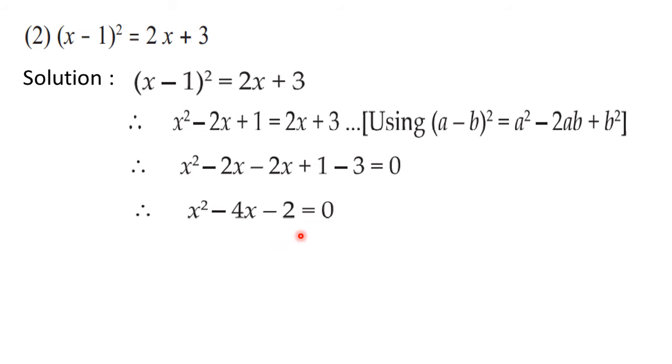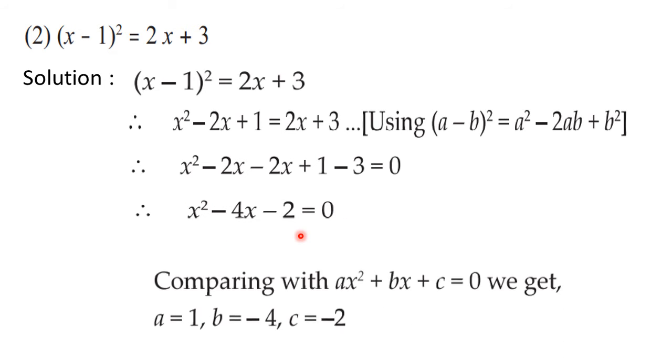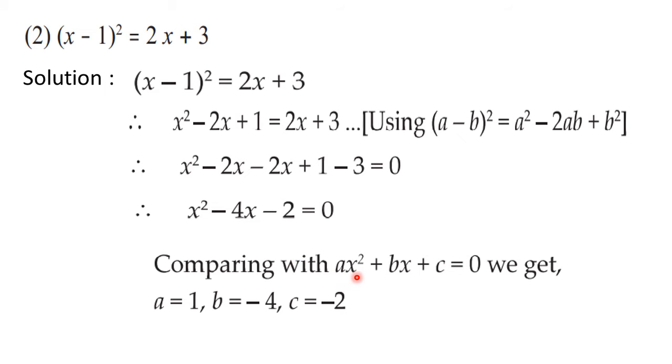Now see, it is converted to standard form, and we can compare it with the standard form, that is x square plus bx plus c is equal to 0, and then we can write down a is equal to 1. When we cannot see any number here, it is 1. Then b is equal to minus 4 and c is equal to minus 2. So all these are 1 mark questions. Take a note of this. These are 1 mark questions, and you need to prepare accordingly for that. Such questions can be asked in question number 1b.